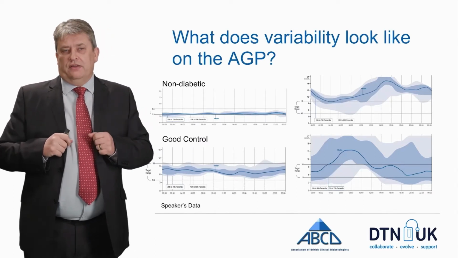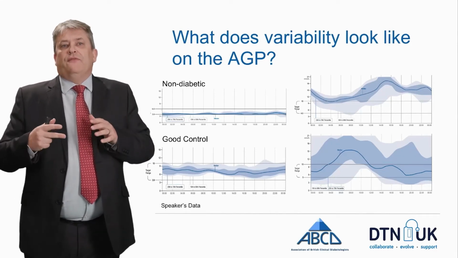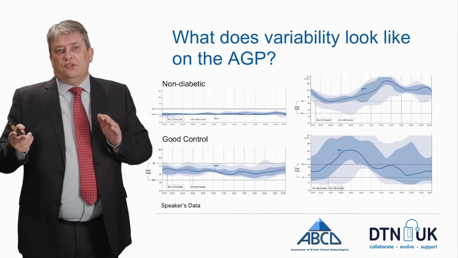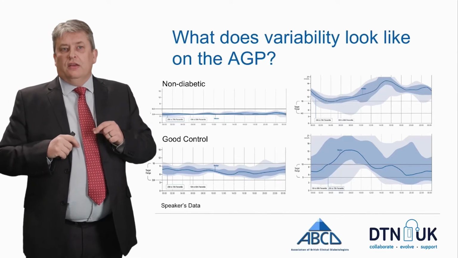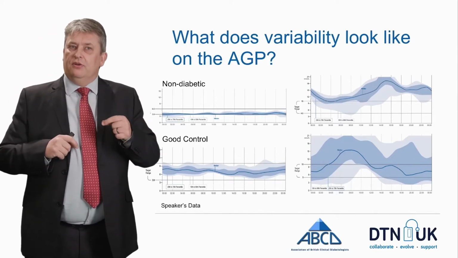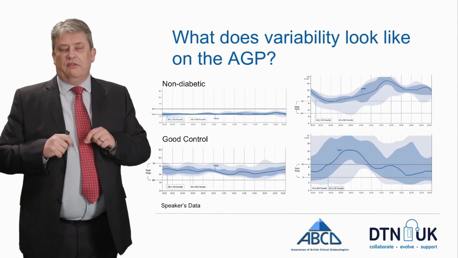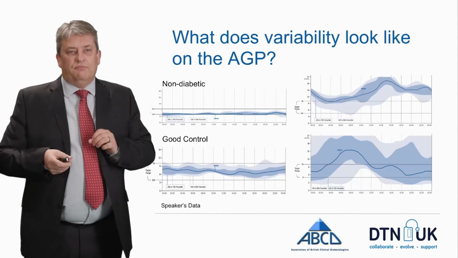On the right-hand side of this slide, we can see 2 different patterns of individuals who have far more variable glucose levels. And again, I've chosen 2 patterns deliberately, the top and the bottom panel on the right side here, that show people with very similar hemoglobin A1Cs, but very different patterns of glucose variability, which are immediately discernible on this profile.